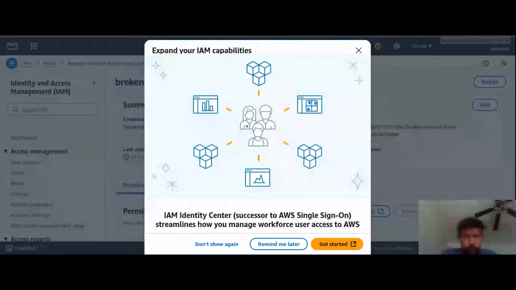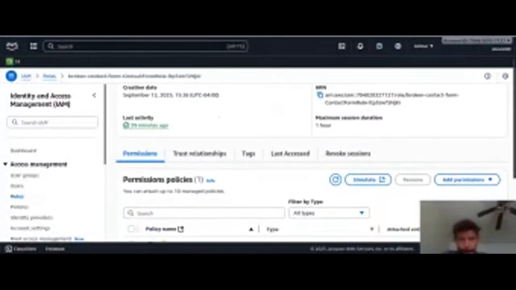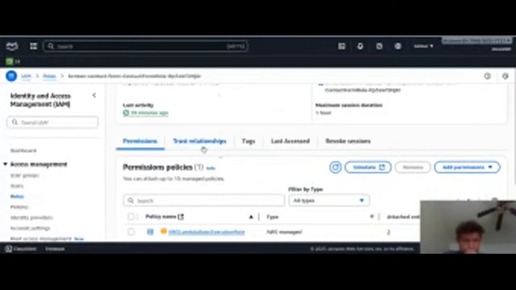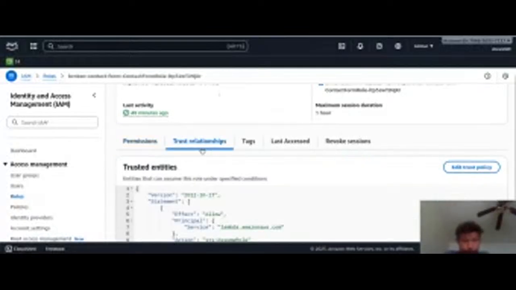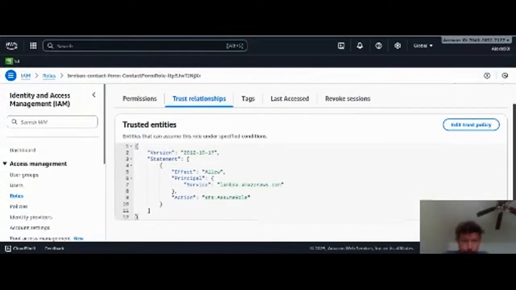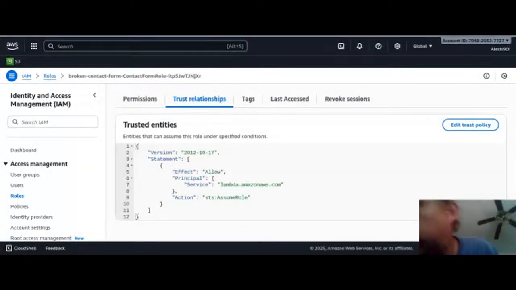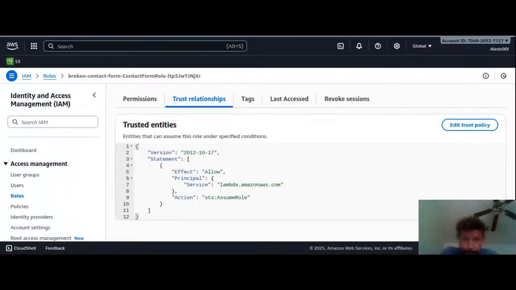So there's a trusted entity in here. So that should match that. So as you can see,